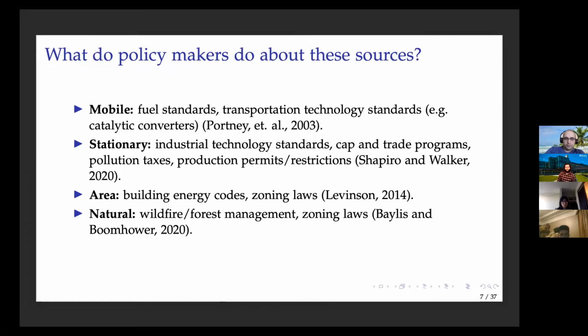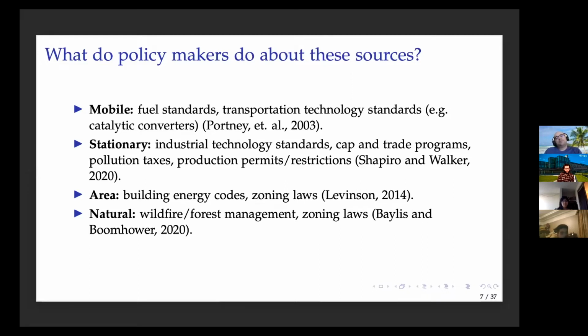So what do policymakers do about these sources? Well, there's, not surprisingly, lots of different policies aimed at addressing air pollution, and they tend to line up with each of these different sources of air pollution. We've got a lot of different policies that target mobile sources. Fuel standards are a common policy we see. Transportation technology standards. Every car has a catalytic converter. This was a requirement in the 60s and 70s that was first introduced as a way of reducing air pollution